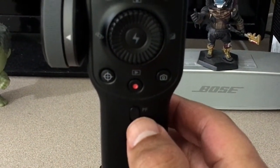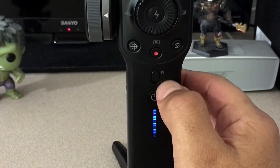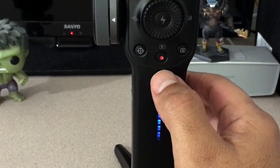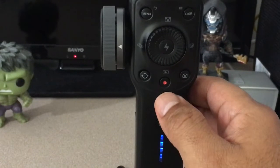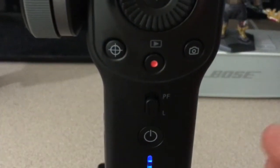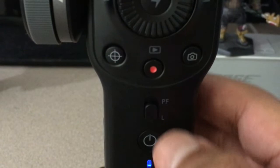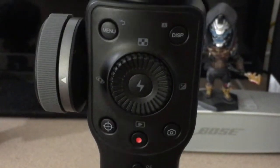This toggle button right here is going to be for pan follow mode and lock. That's the L and the PF. So that's for pan follow and lock, and then your power button. And if you go to the unit and turn this around,